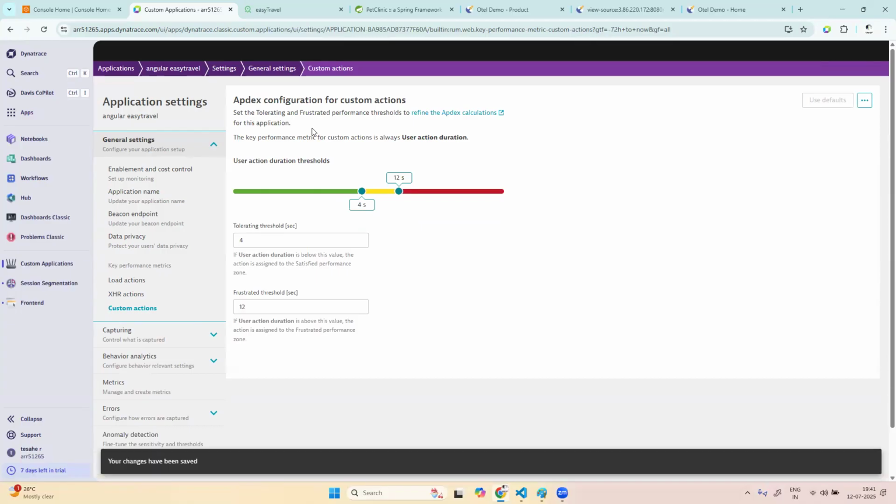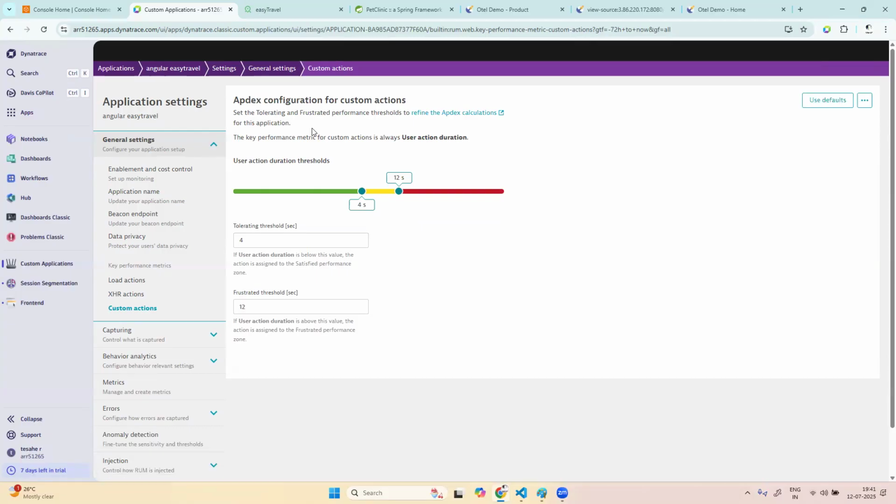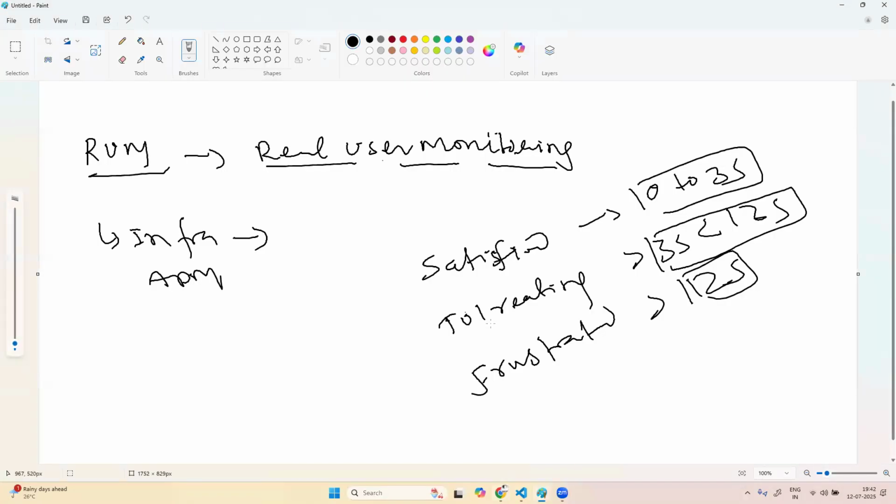Now, based on this rating, if a user is facing any issue, it will create a flag and it will show that if your application rating, as the application owner, your Apdex rating is lesser than 0.7, I can assume that an end user is facing a problem. Okay. Now, if an end user is facing a problem, you are capturing our real user information, right? So definitely, whether it's an internal application or an external application, it has to be captured, even if you don't enable user tag. There is a concept called user tag. If you don't enable user tag,